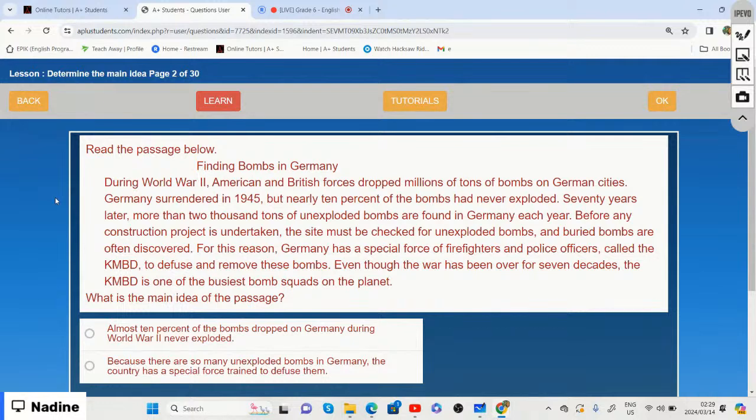Finding bombs in Germany. During World War II, American and British forces dropped millions of tons of bombs on German cities. Germany surrendered in 1945, but nearly 10% of the bombs had never exploded. 70 years later, more than 2,000 tons of unexploded bombs are found in Germany each year. But before construction,